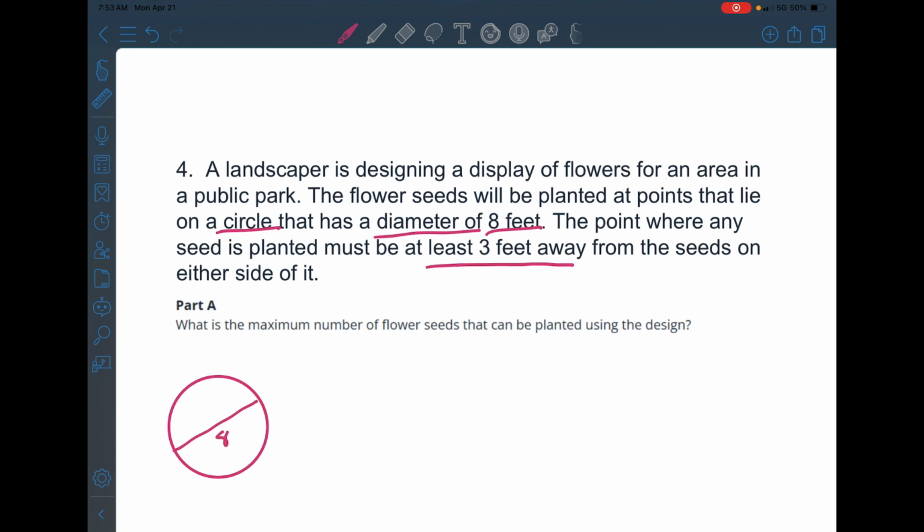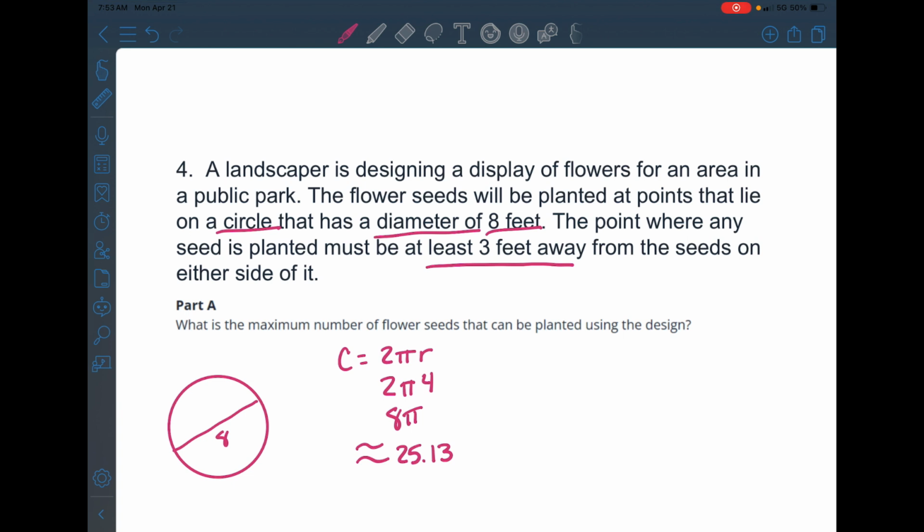We need to know how much around that circle is. That's called the circumference. It's like the perimeter of the circle, but we call it the circumference. If we remember, that is 2 pi r. And if our diameter is 8, what is our radius? That is going to be 4. So 2 times 4 is 8. This is just a coincidence. It doesn't have anything to do with the diameter. Okay, and so 8 times pi is about